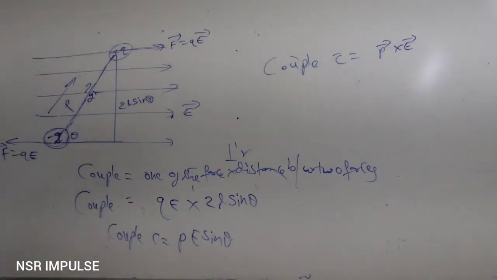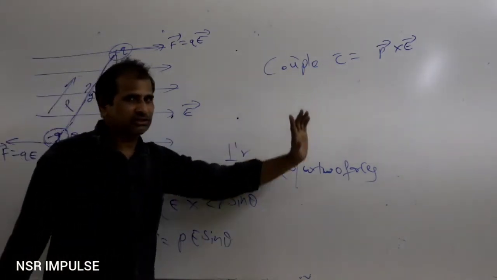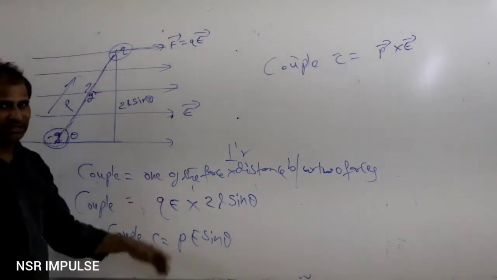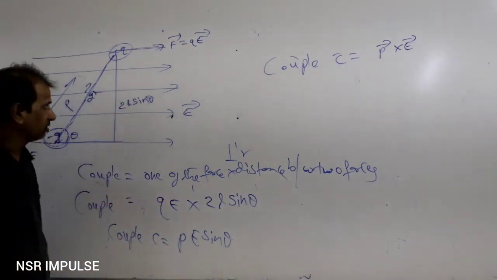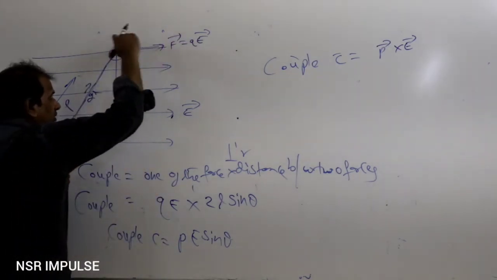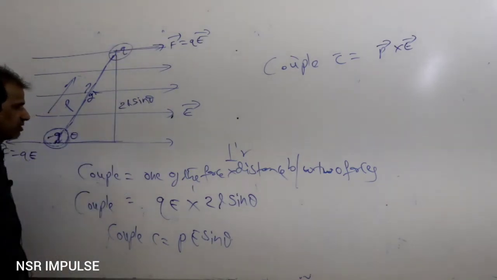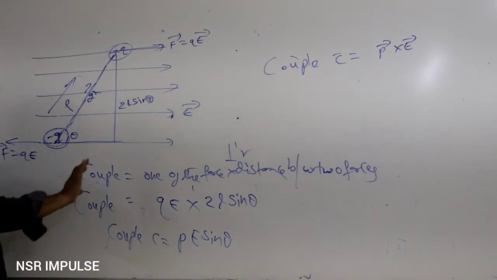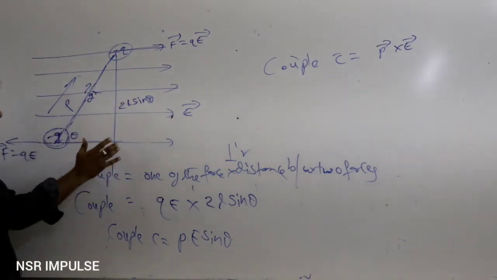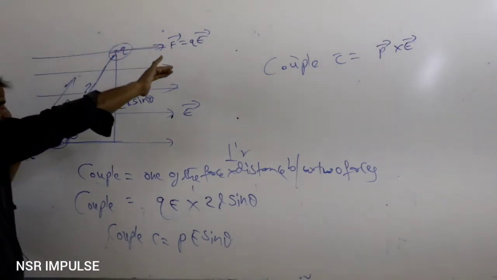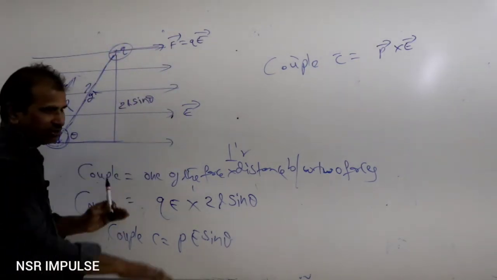Now this is the torque. What is the purpose of this torque? In what direction is this torque supposed to act? The torque or couple acting is PE sin theta. In what direction does it act? If you take this particular product, this is the force and the perpendicular distance. According to the curl rule, or right hand thumb rule, these two forces try to rotate the dipole in the direction of the electric field.